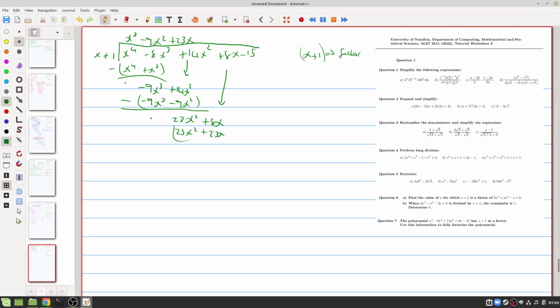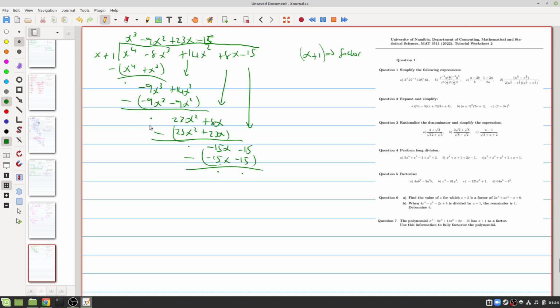23x. Subtract this. So that's nothing. 8 minus 23 is negative 15x. Bring down the next value. So negative 15x divided by x is negative 15. Multiply the negative 15 back. Get negative 15x minus 15. And subtract. And that gives us nothing, and that gives us nothing. So remainder is 0, so that's right. So we did